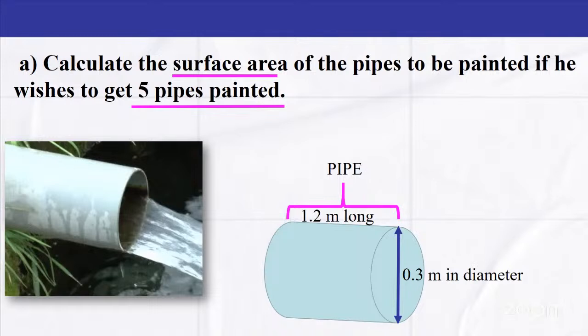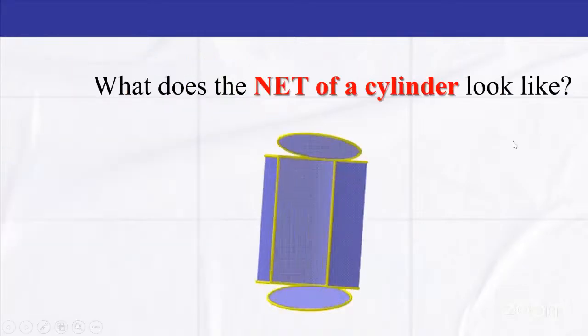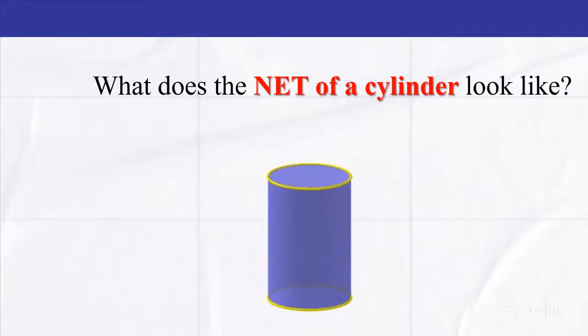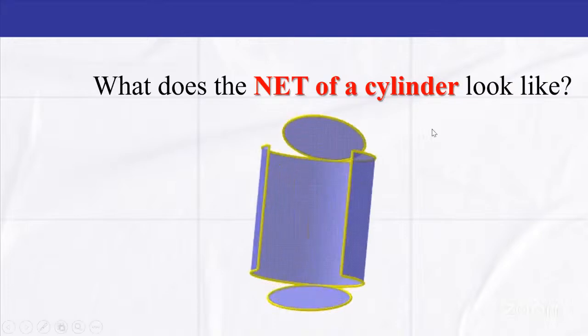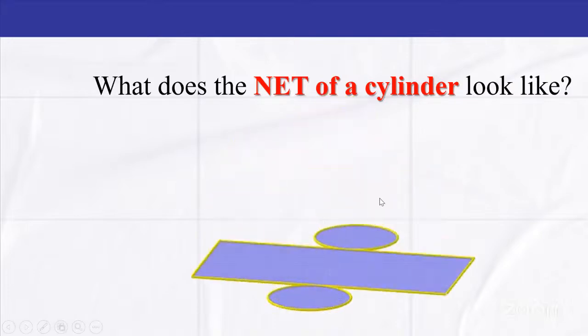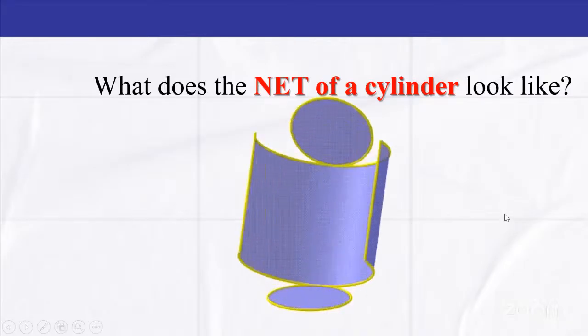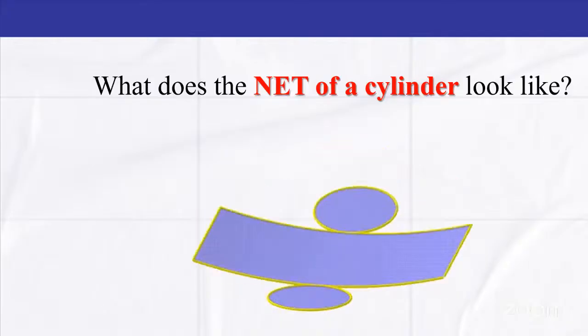And so we want to find the surface area of a cylinder. This would have been discussed in part 1 as well. All right. What do we do when we're finding the surface area of a cylinder? Bear in mind that this is a pipe. So when we look at the pipe, it looks something like this. This is a net of the cylinder. And of course, we're focused on looking at this cylinder having 2 closed ends. So the ends of the cylinder are closed. See those circles? That means that they're closed. All right. So we would have looked at in our last segment what it means to have both ends being closed, one end being closed, or not having any ends closed at all. And in the case of our pipe,